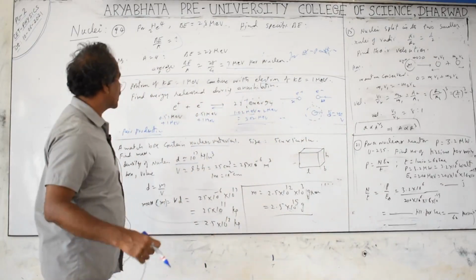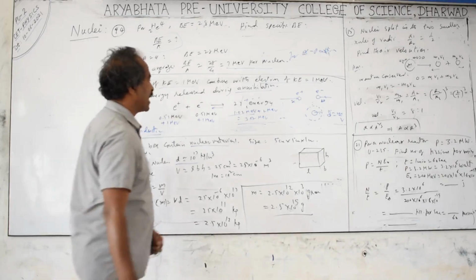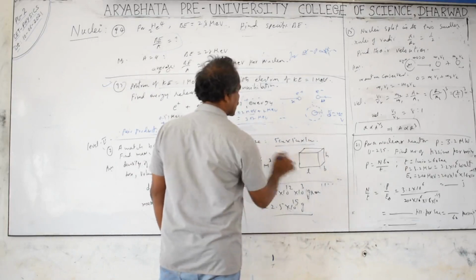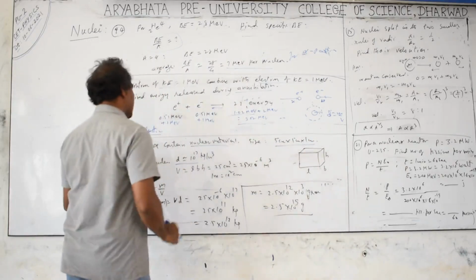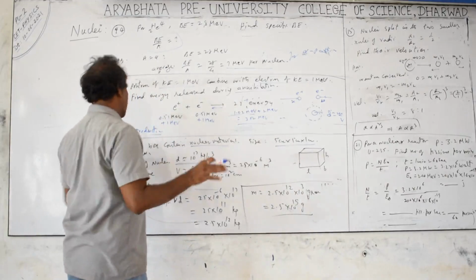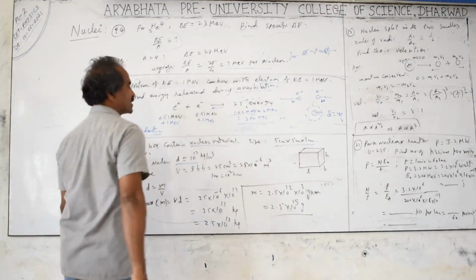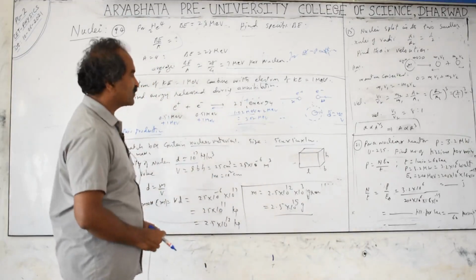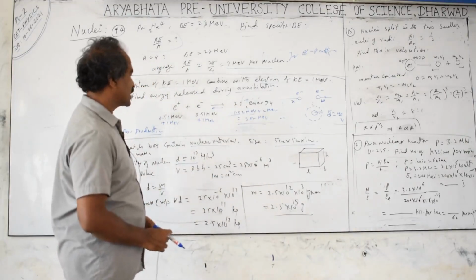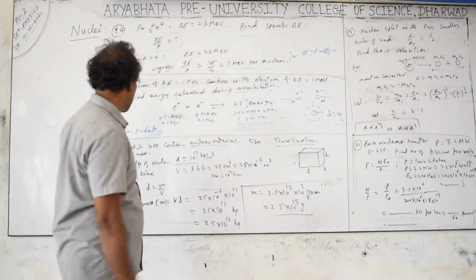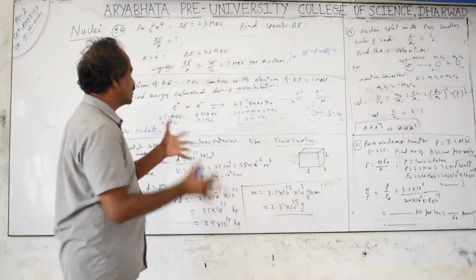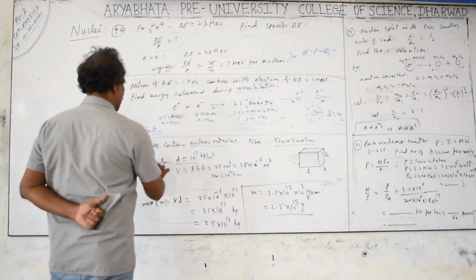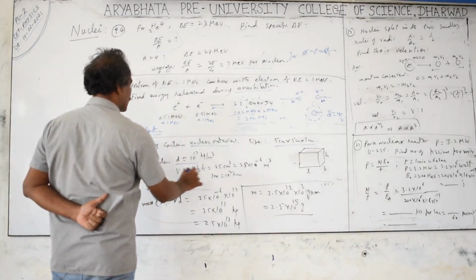Next is a matchbox containing nucleus material. The matchbox size is given as 5 cm into 5 cm into 1 cm, that is length, breadth, height, and it is filled with the nucleus only. Then what is the density? Such an arrangement of only nuclei is present inside dead stars converting into neutron stars. In that process it is possible to have only nuclei combining, converting into neutrons. Next, the density of the nucleus is this much, and volume equals length into breadth into height.